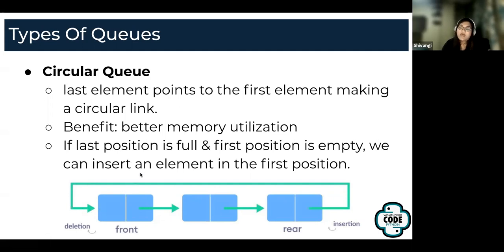And what is the benefit of this kind of queue as opposed to a simple queue? It allows you to do better memory utilization, right? Since if the last position is full and the first position is empty, you can directly insert an element into the first position rather than having to insert that element at the rear, right? And that gives you better memory utilization.